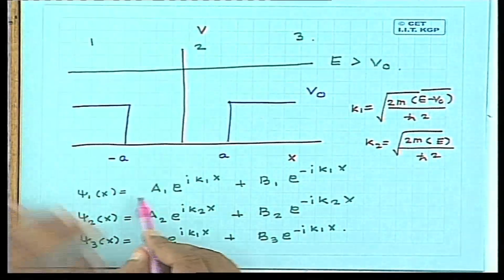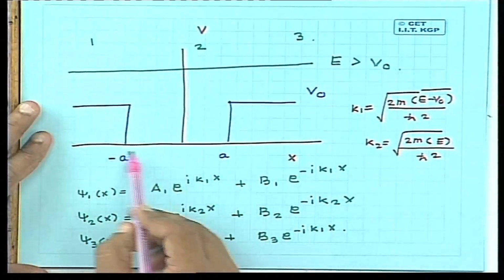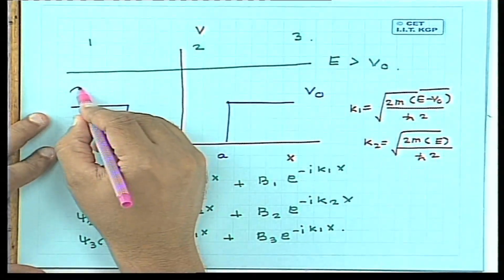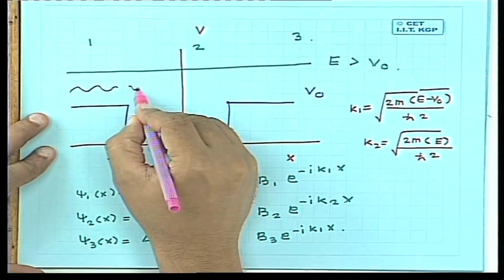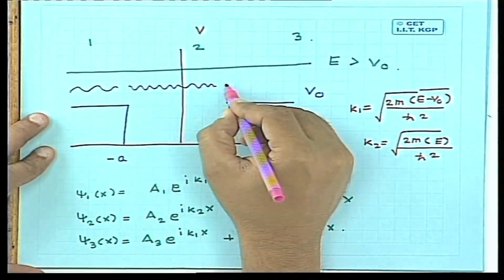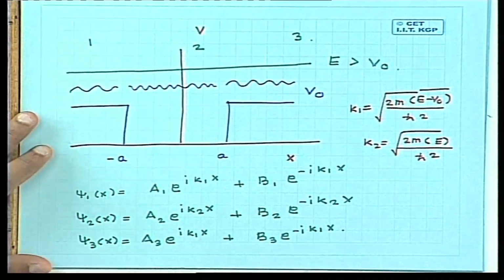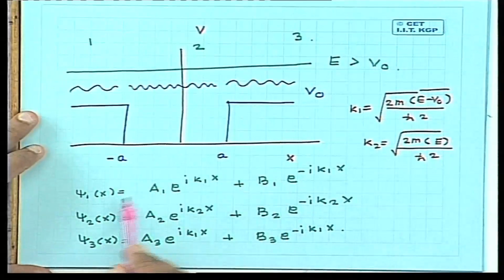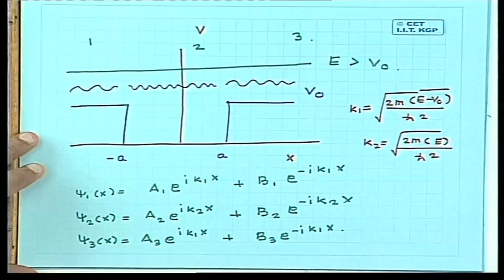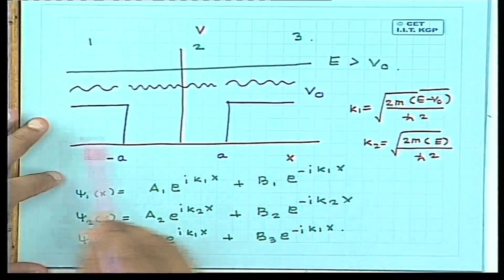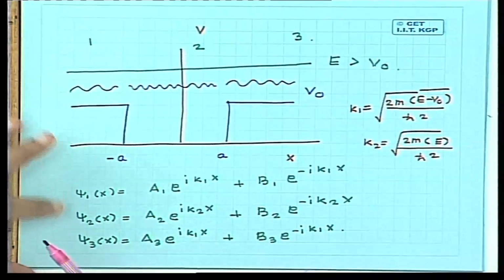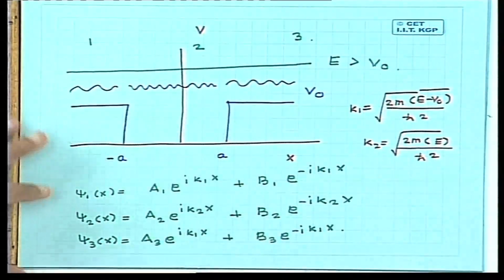You have a wave over here with some wavelength. Inside the potential well, the wavelength has changed, and over here again the wavelength goes back to the original value. And you have to just match boundary conditions, and there will be only 2 independent coefficients. It is exactly analogous to the situation in optics where you have a wave passing through some medium with different refractive index. The energy remains unchanged as it goes through these.